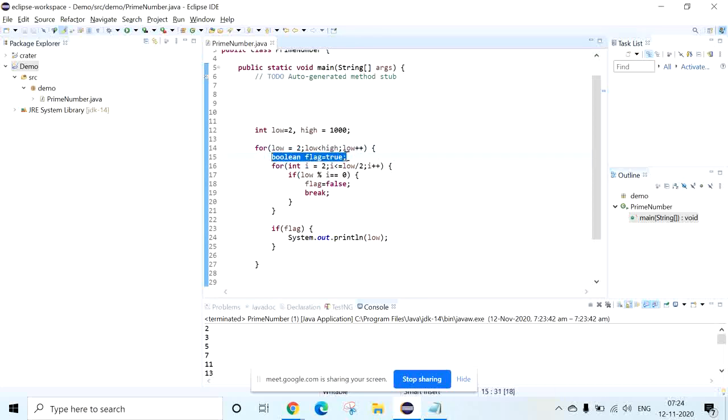If you declare it over here, it's always going to be true, then when it comes inside it will be false, and again it will always be false because we are not changing the value before it is needed. We need to change the boolean variable value for every value. Got it? That is what we made a mistake.